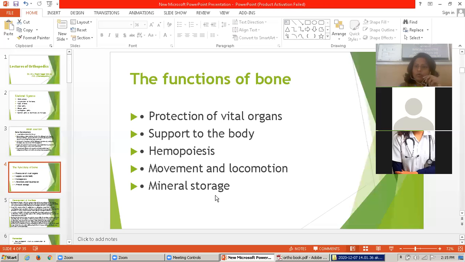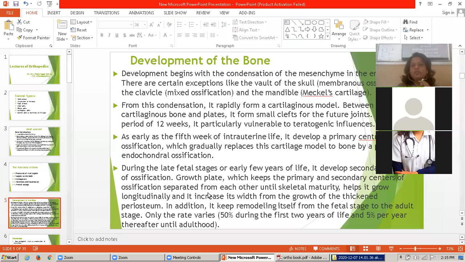So these are the important functions of the bone in the skeletal system. First is protection of vital organs, support to the body, hemopoiesis, movement and locomotion, and the last is mineral storage. So when we study the development of the bone,